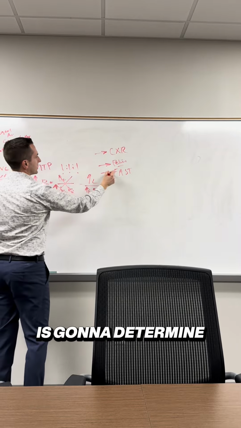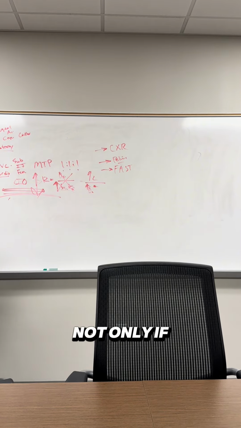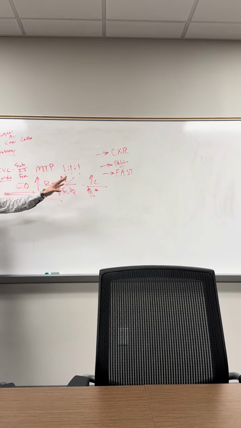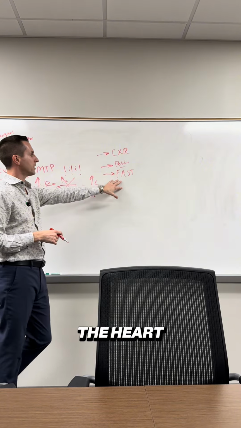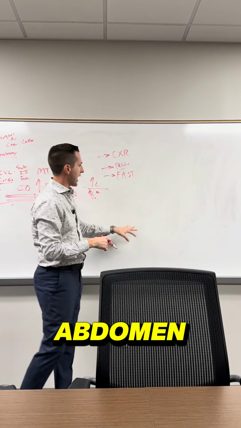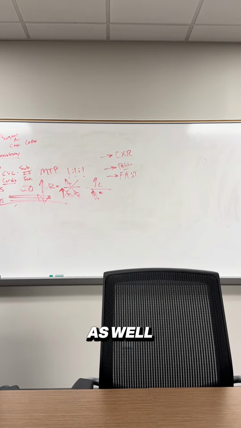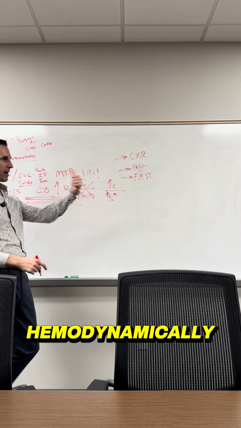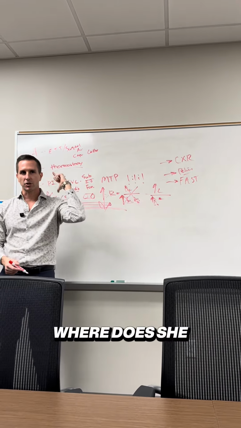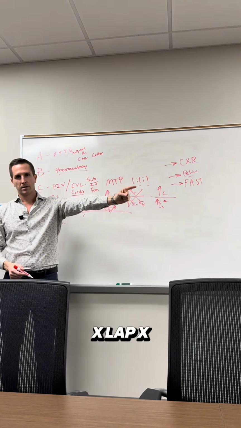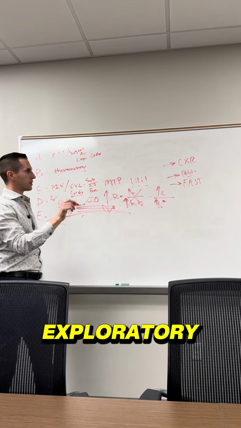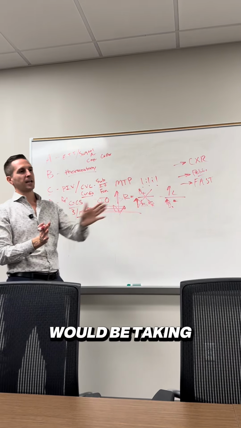And then FAST is going to determine not only if I have a cardiac tamponade, because we're looking at the heart, but we're looking at the 3 views of the abdomen to see if we have any intra-abdominal process going on as well. So that patient was hemodynamically unstable with a positive FAST. Where does she go? X-lap. X-lap, to the operating room for an exploratory laparotomy. The clean kill would be taking her to the,